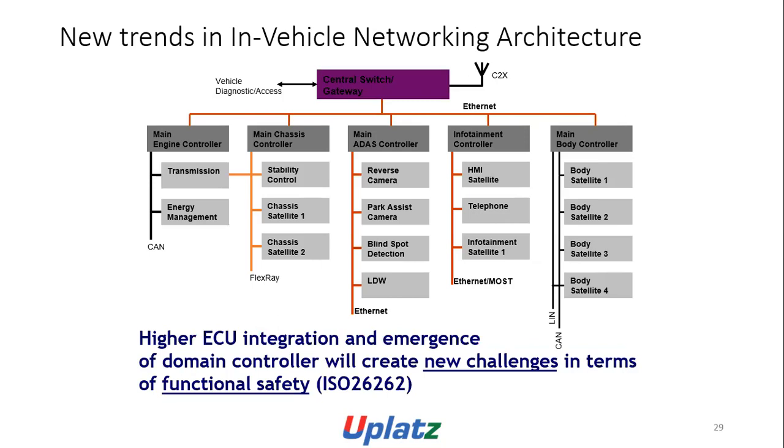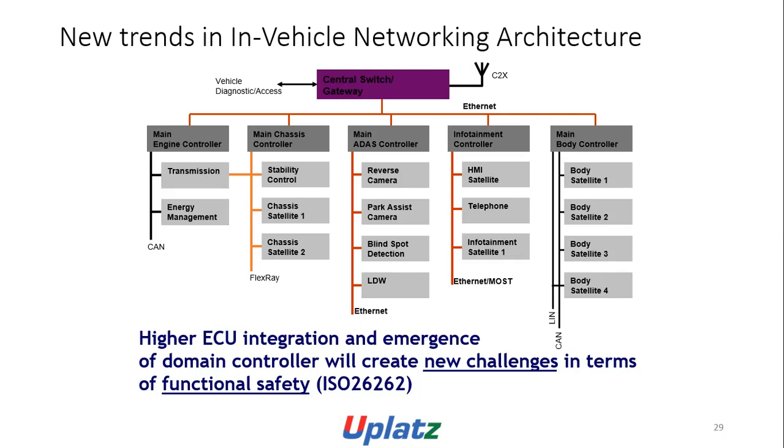New trends in vehicle networking architecture: vehicle diagnostic access, central switching gateway, C2X, Ethernet, main engine controller, transmission, energy management, CAN, FlexRay, chassis, satellite one, stability control, main chassis controller, main ADAS controller, reverse camera, park assist camera, blind spot detection, Ethernet MOST,